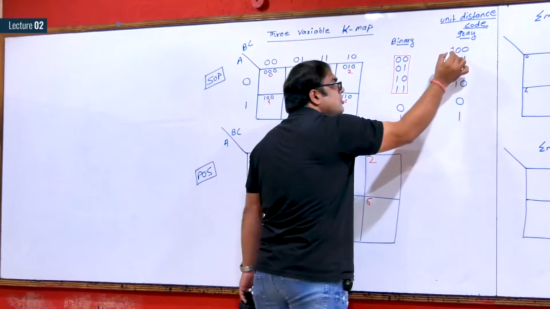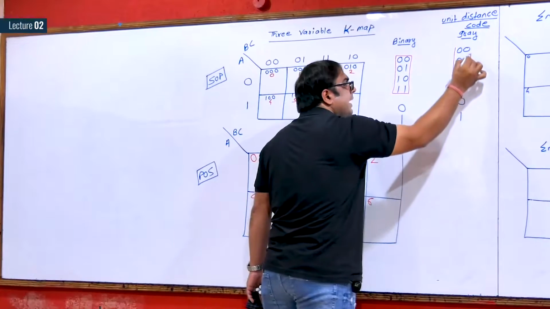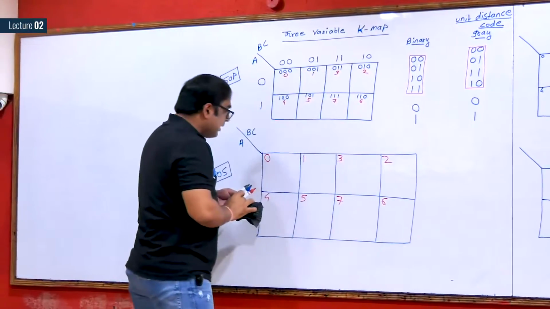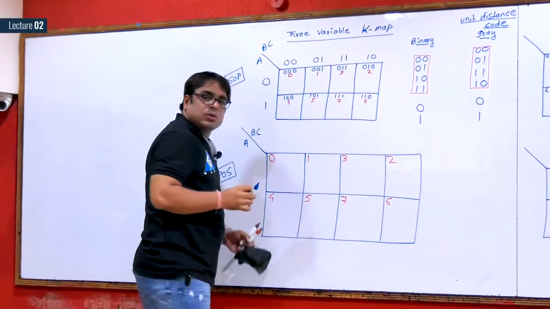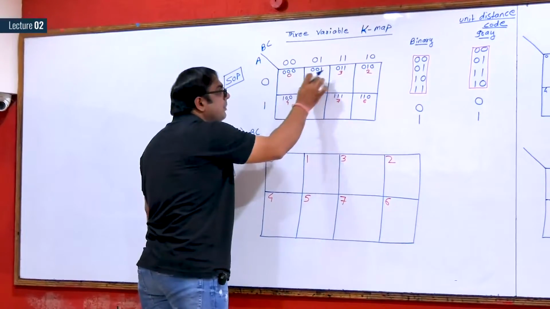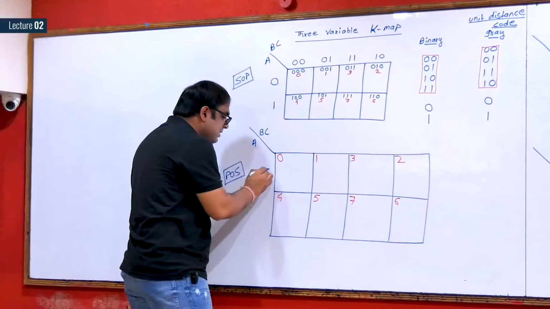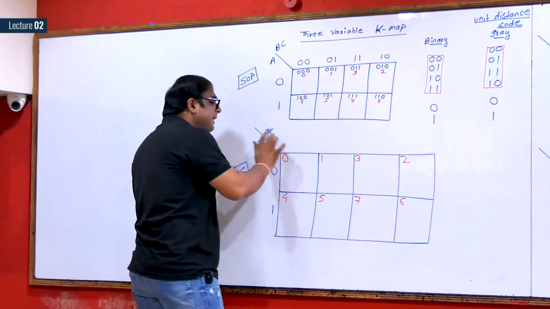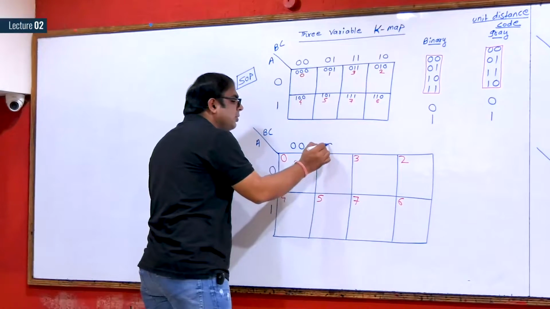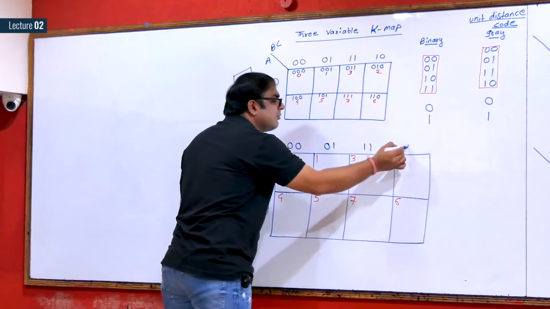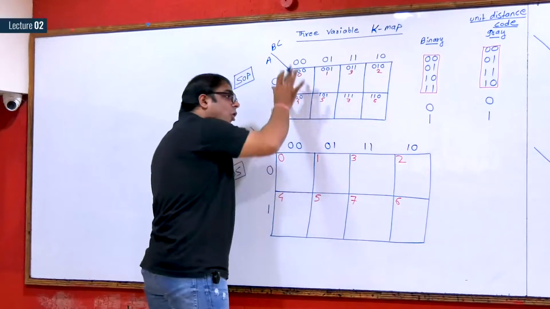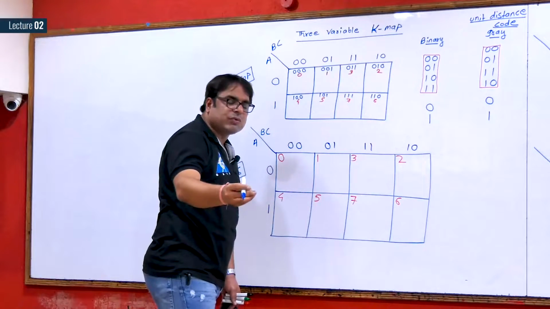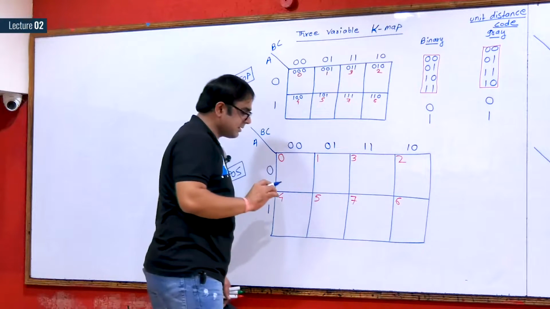This is because of the difference between binary and gray code. Please see. Now these combinations will not change. A is equal to 0, A is equal to 1 will not change. The combination of BC, 0 0, 0 1, 1 1 and 1 0, will not change. All these things are common whether you go for SOP or you go for POS.